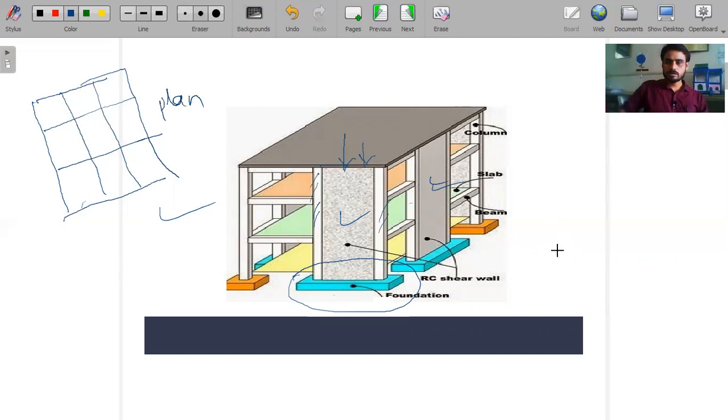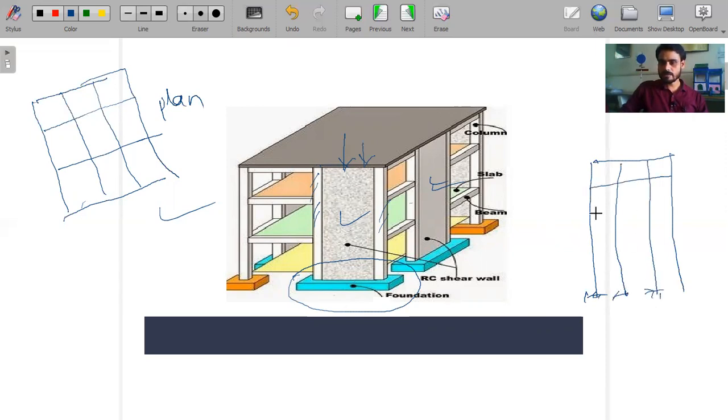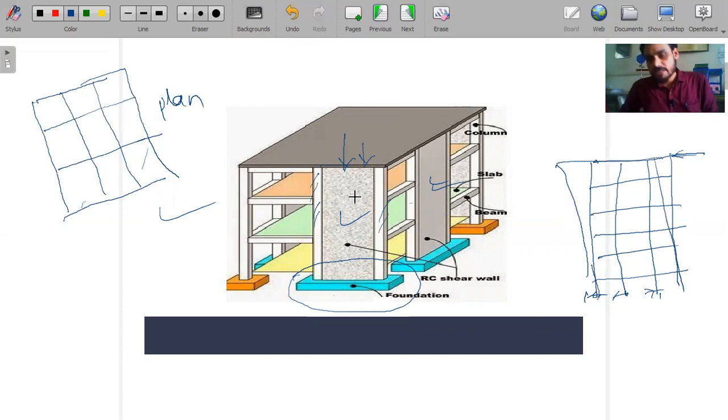If we talk about elevation, we have taken a frame from here and drawn it here. That is the elevation view of that multi-story building, with any number of floors. The location or placement of shear wall is chosen so that the structure ensures maximum lateral stability. If there is lateral thrust, the structure should be stable against it and prevent buckling. So the location or placement of shear wall is important.